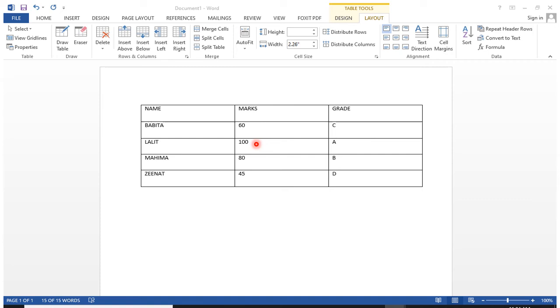Whatever the marks and grade of Babita were, they will be the same. Whatever the marks and grade of Lalit were, they will be the same. Marks and grade will not be changed. So in this way you can sort the data which is entered in the table.